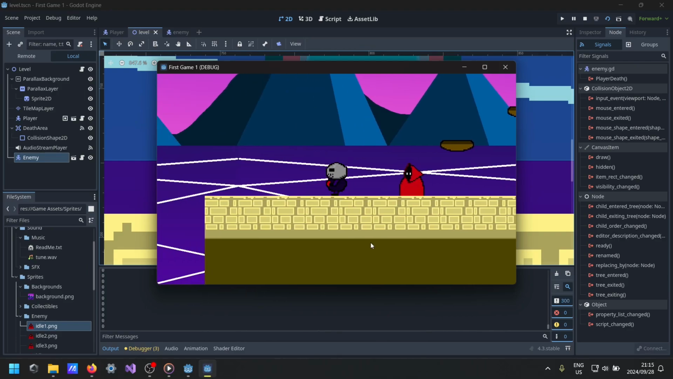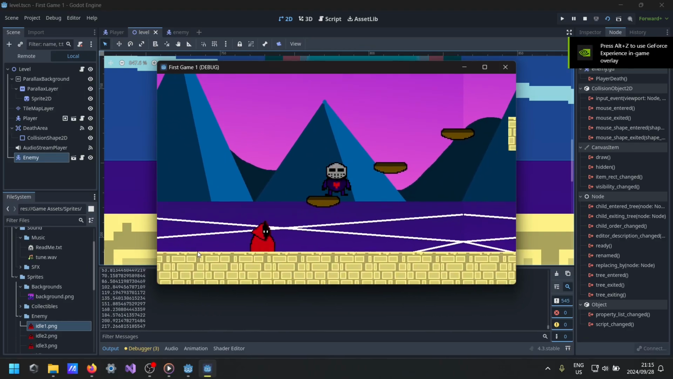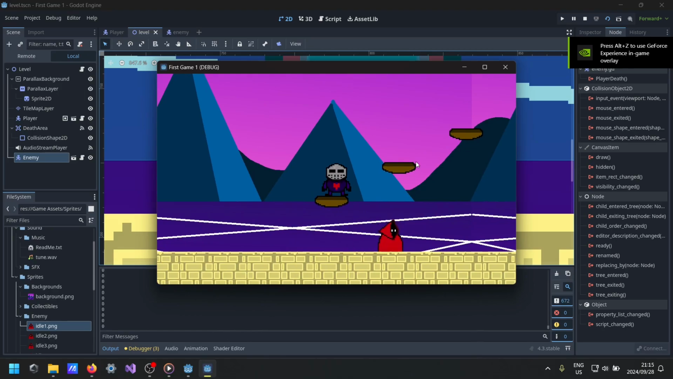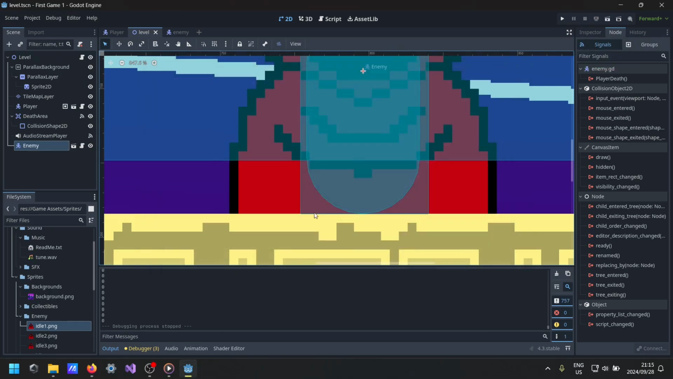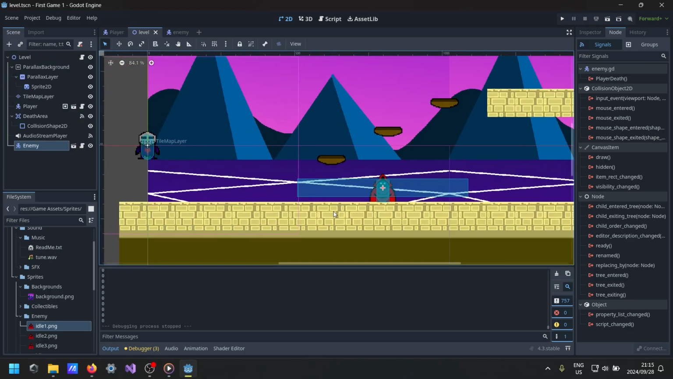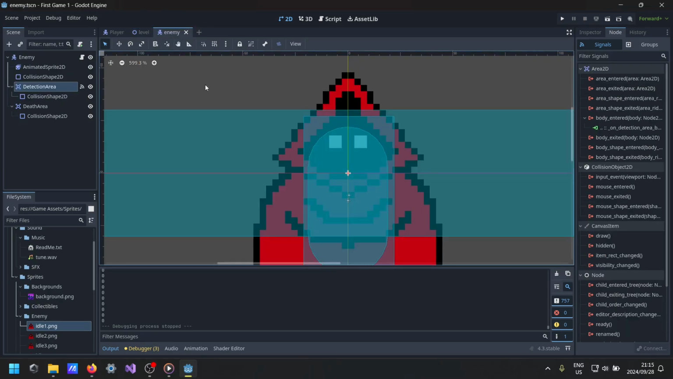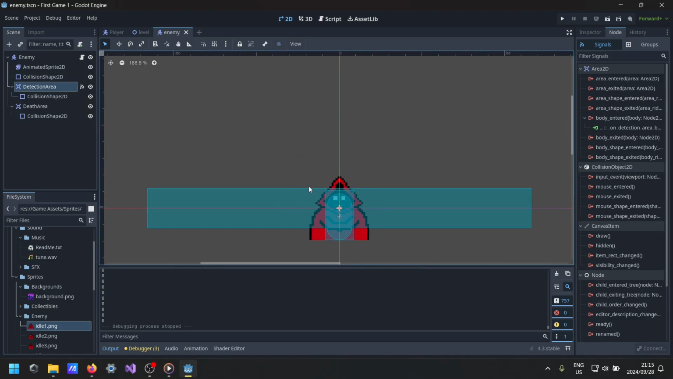Oh, and there we go. Now, the second we leave that area, well, he'll keep moving in that direction. That is what we have to fix next. When the player leaves this area, we want the enemy to stop and play its idle animation. On top of that, when the node is first rendered in, we want it to be playing the idle animation